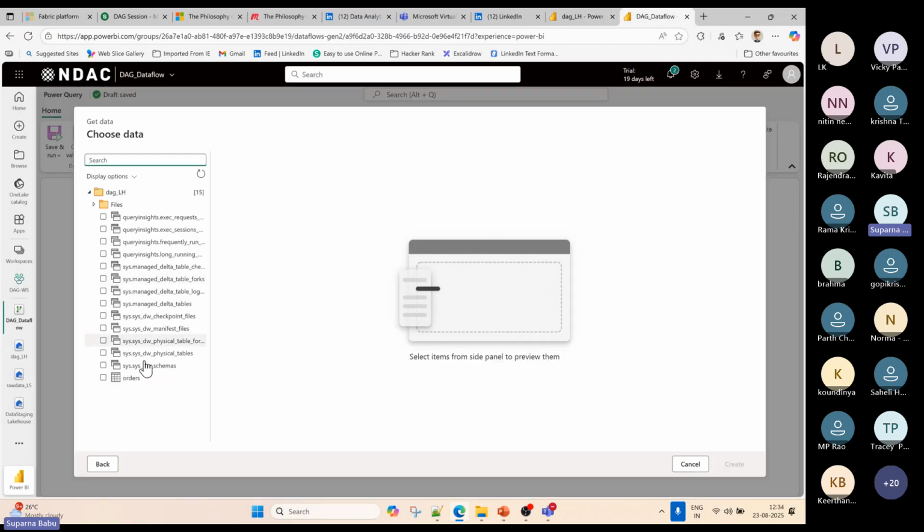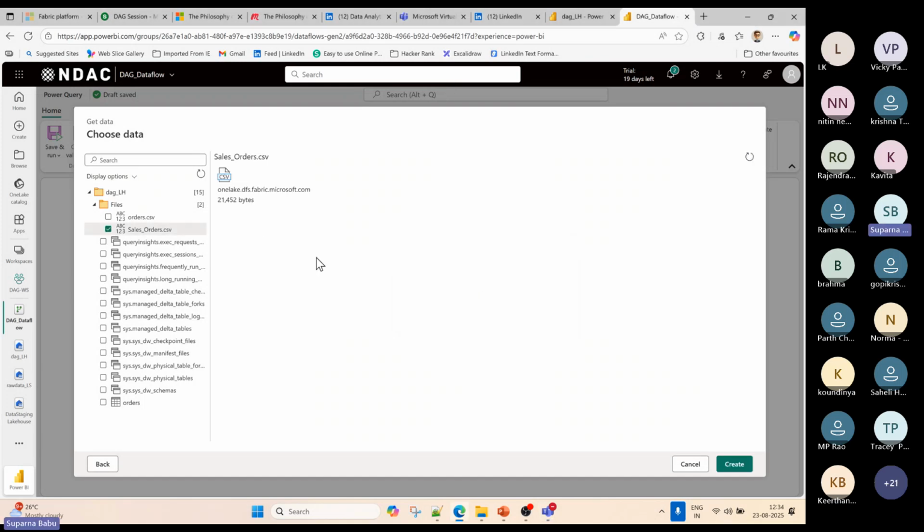And where is our file? Why is it not showing here? It's not showing because it is present in the files, not in the tables. Just expand this. Now you can see orders and sales underscore orders. Fine, let me select this sales underscore orders. The moment I selected it, create is highlighted. Just click create.